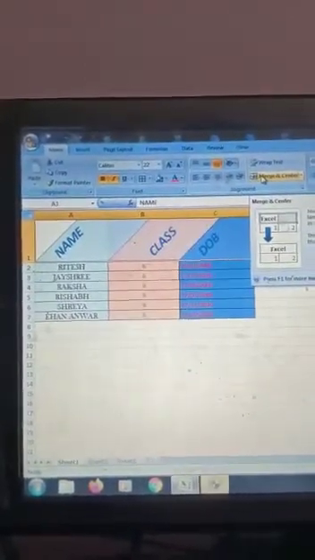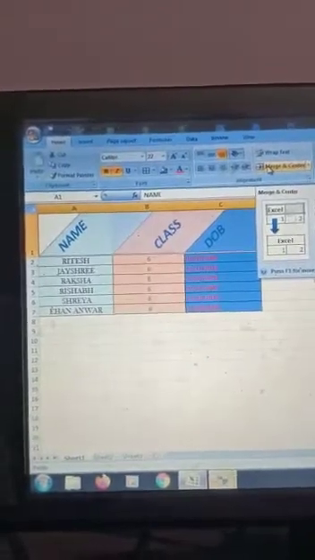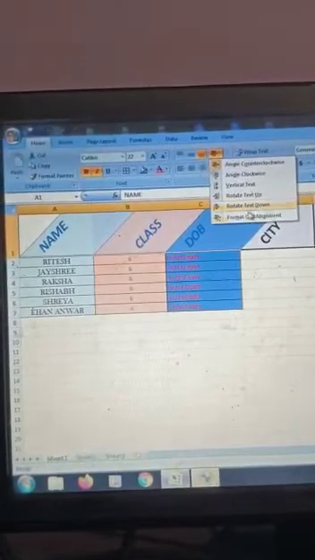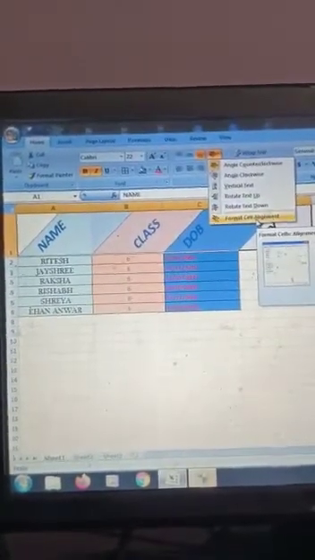Okay, so this way we can change the orientation. There are various orientations: angle counterclockwise, angle clockwise, vertical text, rotate text up, rotate text down, format cell alignment, and many more things are there. Okay student, so this way you can change the orientation.